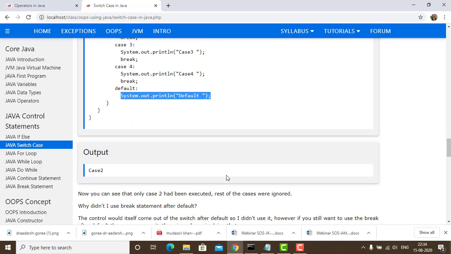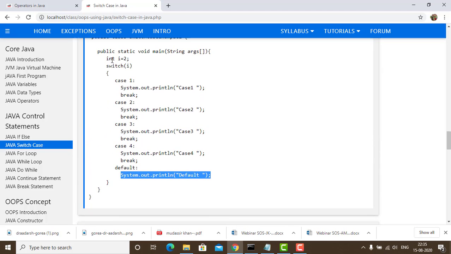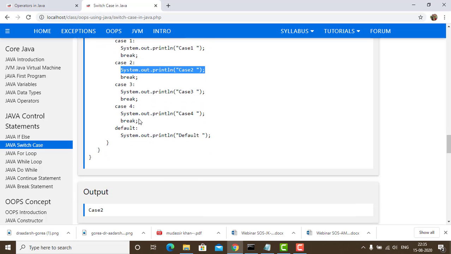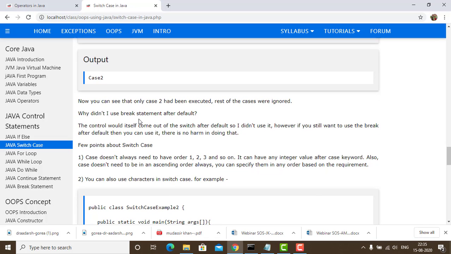In this example, the value of i is 2 and it is going to switch to the case 2 part. It is just going to read this and the break statement. The break statement lets the control move out of the switch case. Now we can see that only case 2 is executed and the rest of the cases are ignored.